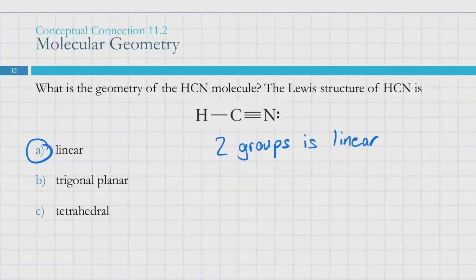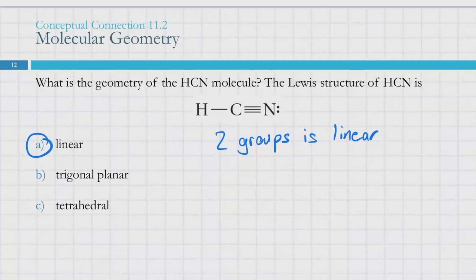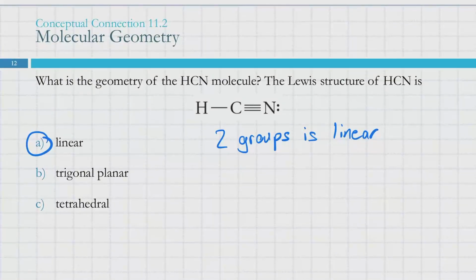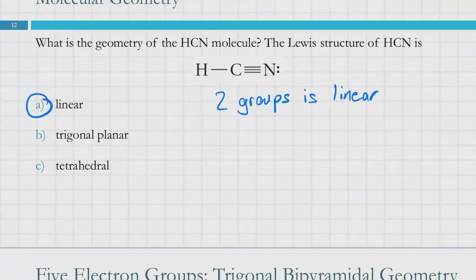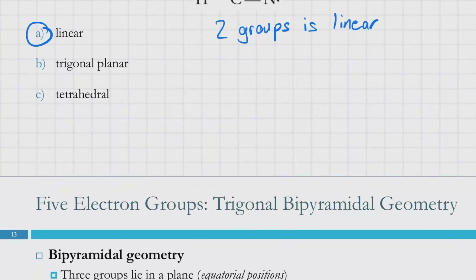Identifying the shapes by itself, I think, is not so difficult. When we add on coming up with the Lewis structure before that, that makes it a significantly harder problem because we have to come up with the correct Lewis structure to be able to predict what the geometry is going to be. We're also going to add in more shapes, and that makes it a little bit more complicated as well. If you had taken Chem 20, this is probably where you stop, but we're going to add on a